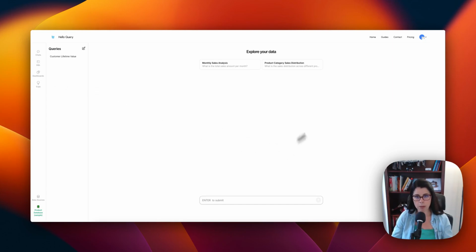This is Hello Query that I'm looking at right here. This enables me to write SQL to my database. There are many tools available out there that let you do that. If you need help getting set up, you just send me a message and I will point you in the right direction. So Hello Query is AI assisted SQL, so you could start just by asking,